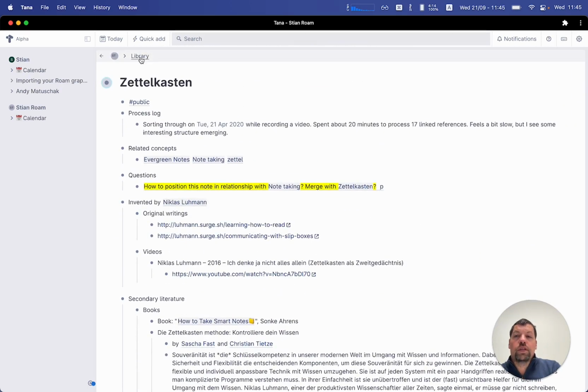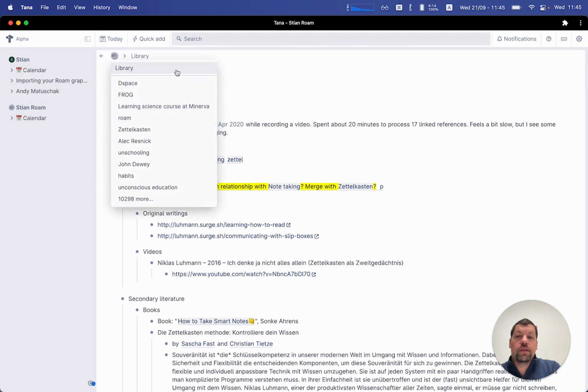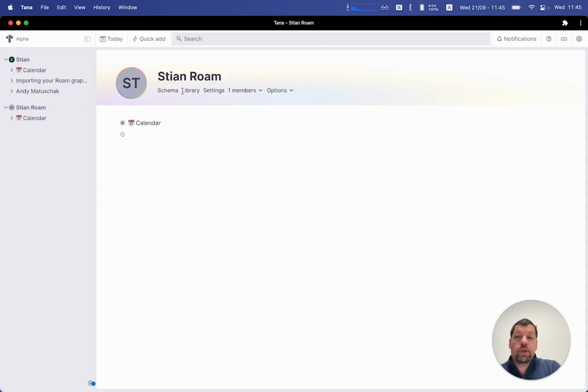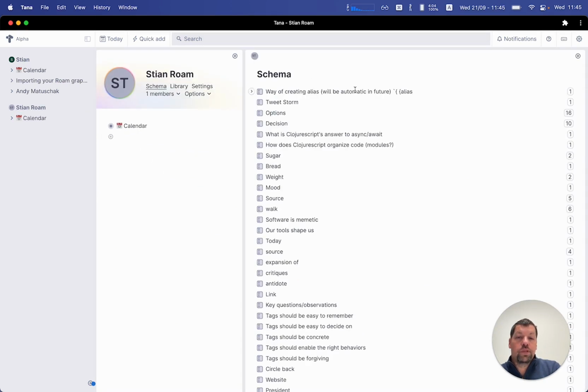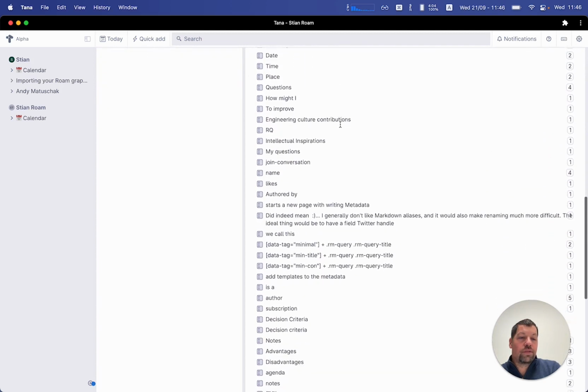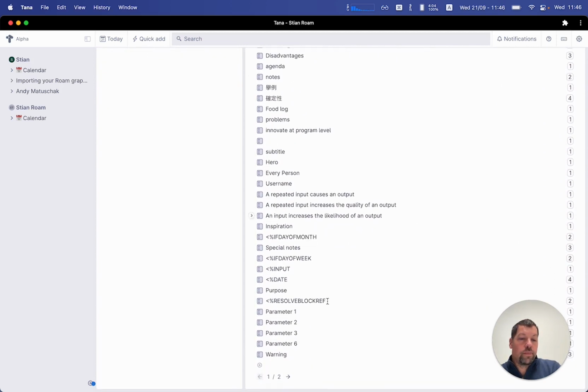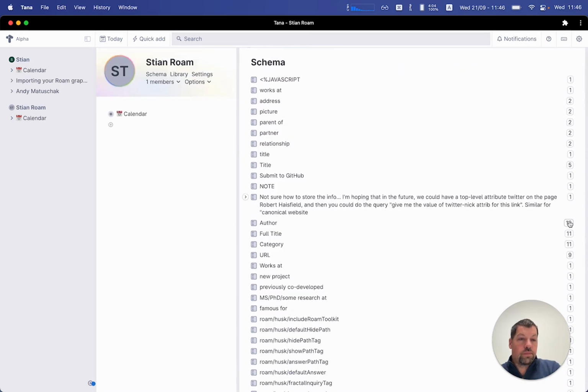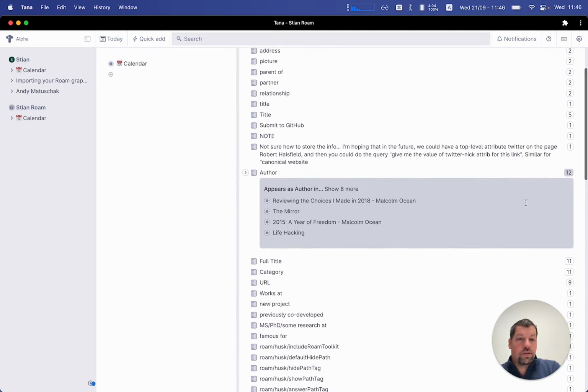Another cool thing is that we actually convert fields or attributes in Roam into Tana fields. So if we go to the schema, we'll see here all of the fields that have been captured. Now, some of these are not really interesting. There might be just places where I used double colon and did not really intend to make a field. So let's see if there are any fields with a lot of values. So author, for example, has 12 values,